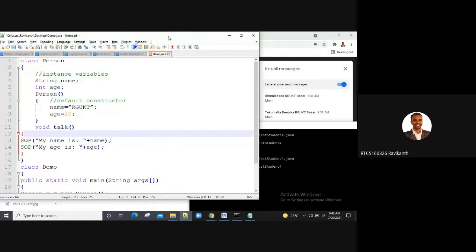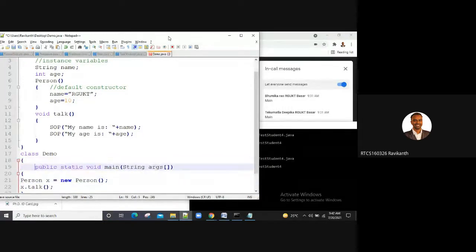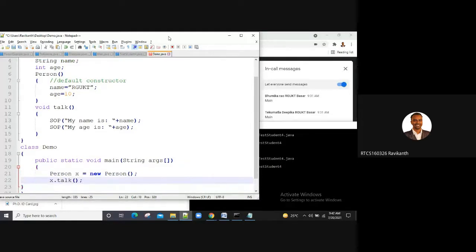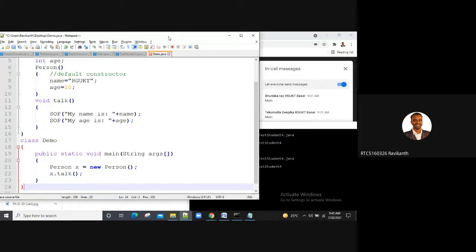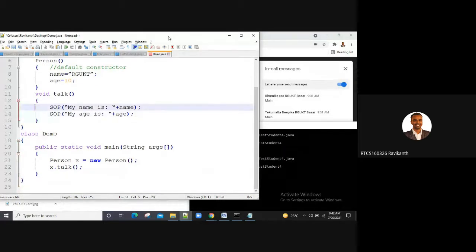Then I have a normal method called talk. Then I've written my main class demo and my main method. Then I've created an instance of the person class. Then I'm running it.